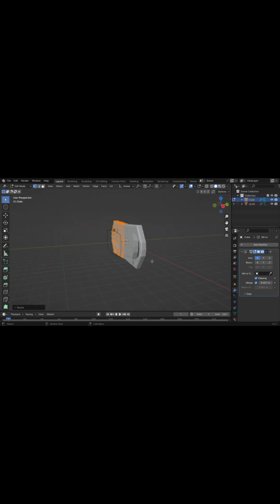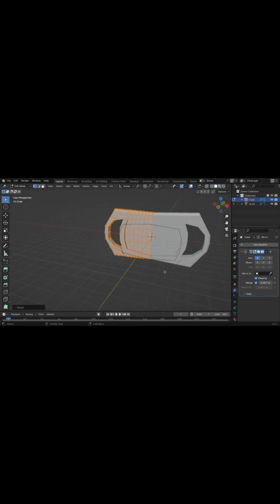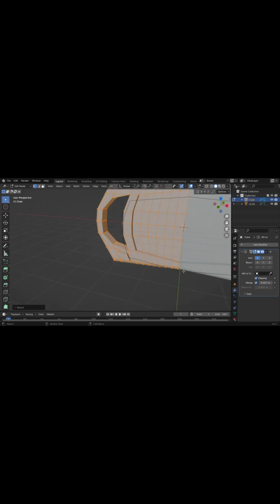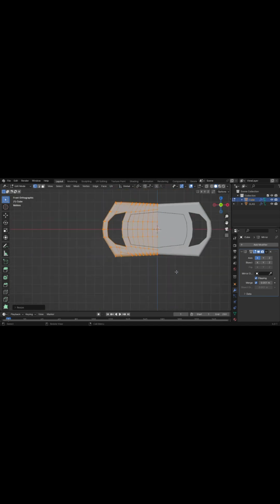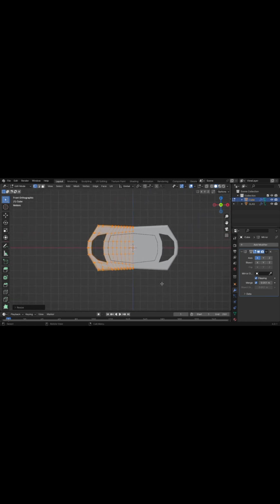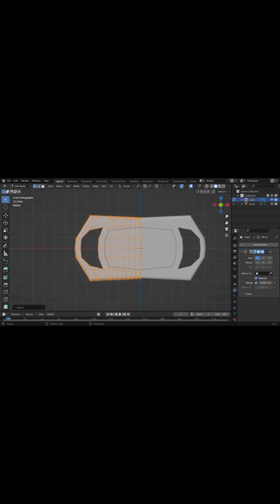Although now that we've scaled it, it's no longer the same size as the glass, but that's what we're gonna go with. That size, something like that. So that is basically all we need to do for the modeling of this part and the glass. So in part two, we're gonna